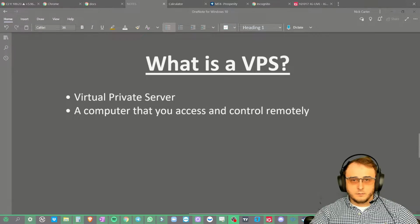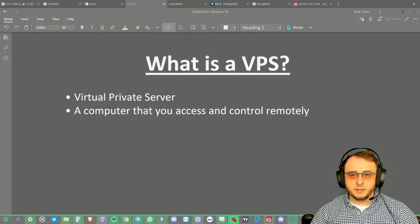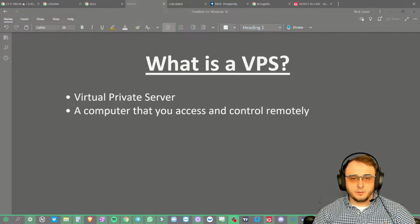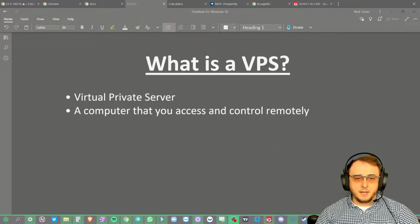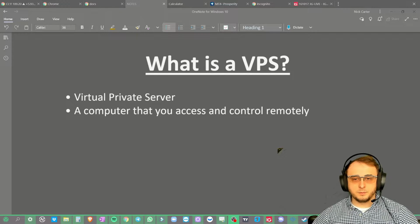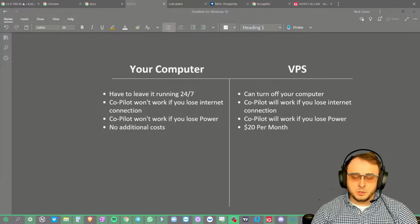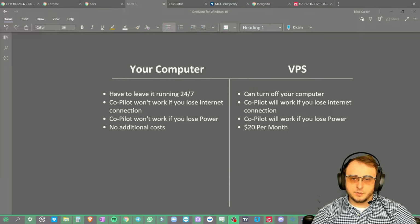Be talking about VPSs. Okay, so let's get started with what is a VPS. The acronym VPS stands for Virtual Private Server, and all a VPS is, is a computer that you access and control remotely. All right, so now we're going to get into the benefits of using a VPS and the difference between